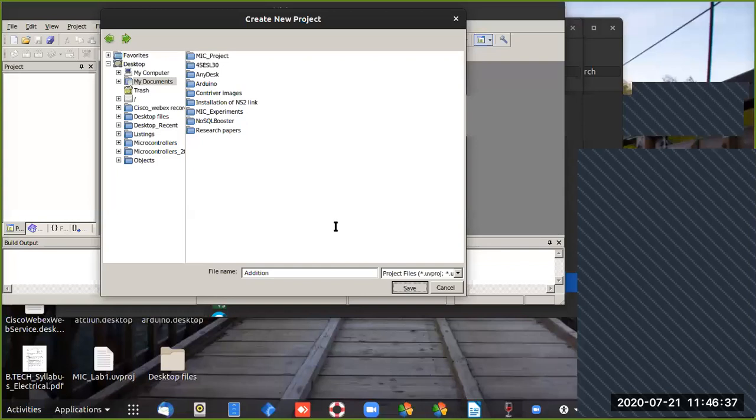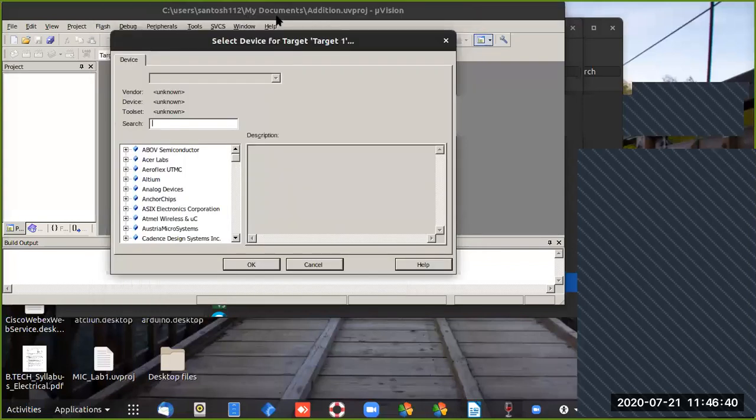So this project, look here. That addition microvision project has been created. Now next thing is the selection of the device. You can select any device, but depending upon the hardware you have to select it. Suppose I want to go for the Atmel devices.